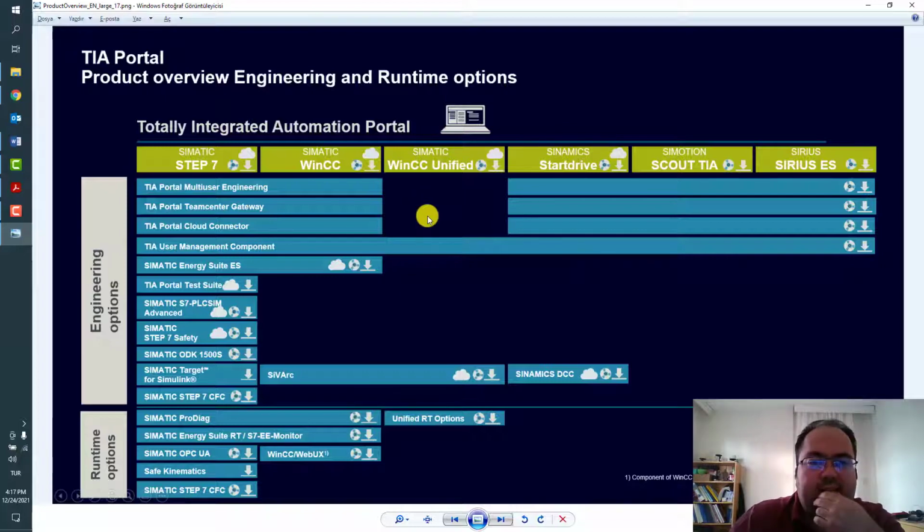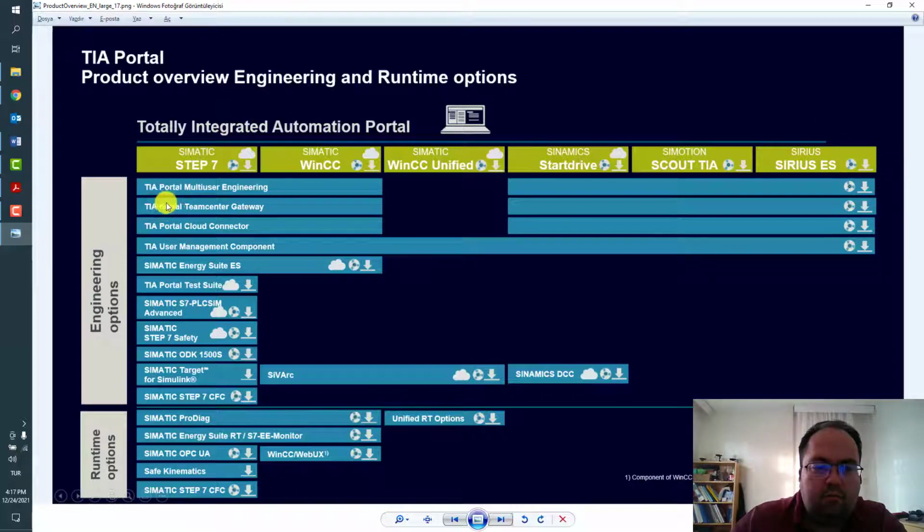And at least I suggest you install STEP 7, WinCC Advanced and Startdrive, which we are going to use during this training. And for soft starters and SIMOCODE products, you need the SIRIUS ES option.